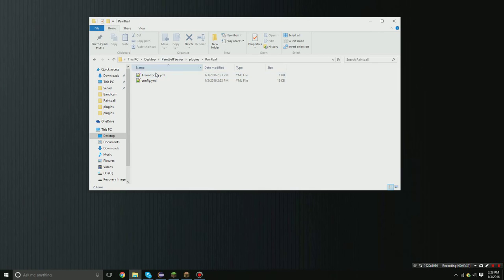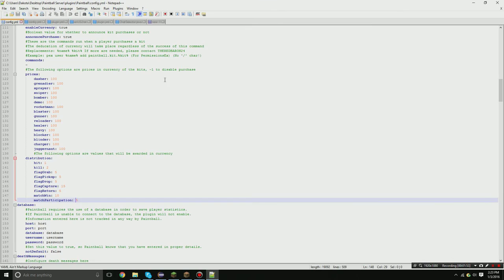There is an arena config and a config.yml. Do not touch the arena config file unless you are willing to make a backup of this. This file is saved at the end at any time that the server is stopped, so the only way to properly edit this file would be if the server was completely stopped. So therefore we're going to go into the config file,